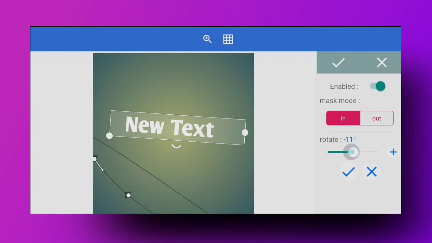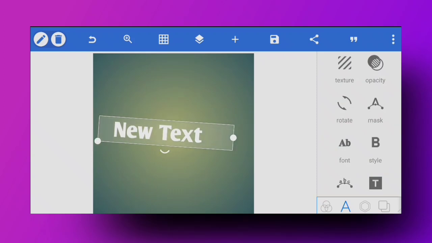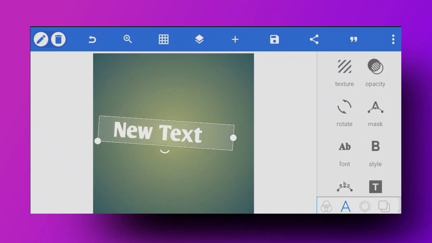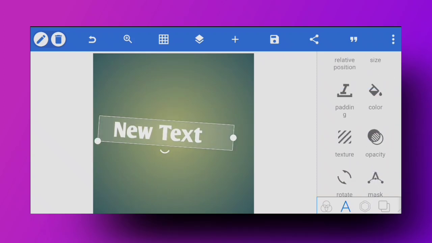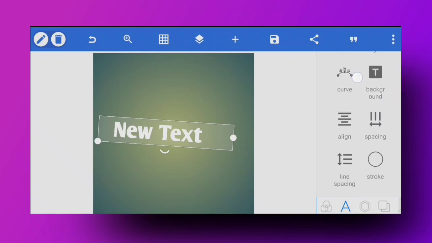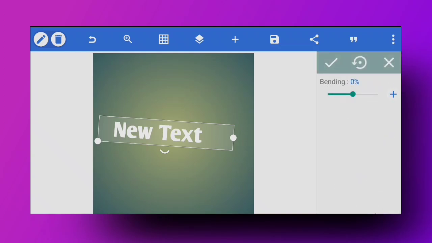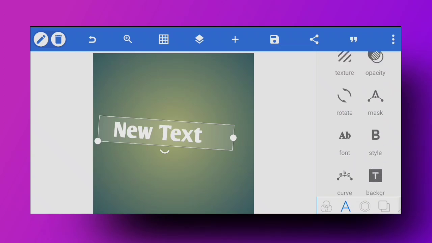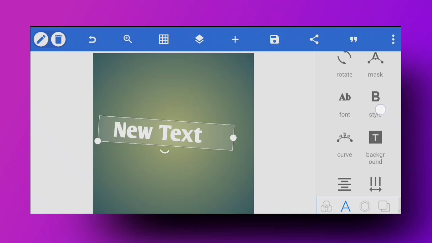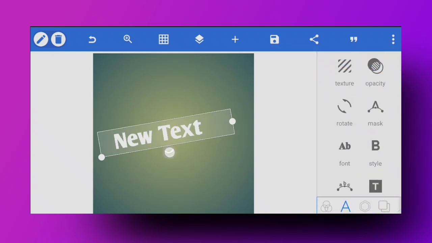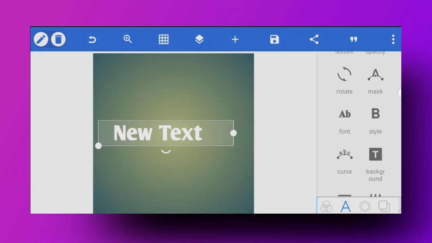You can also rotate it, right from here. So this is how the mask effect works in a basic format. If you want to know more, you can also go into the mask tool and explore everything that is there.